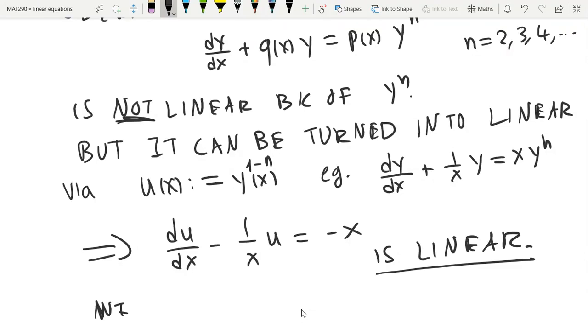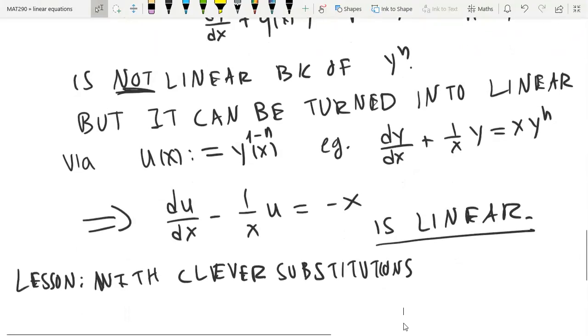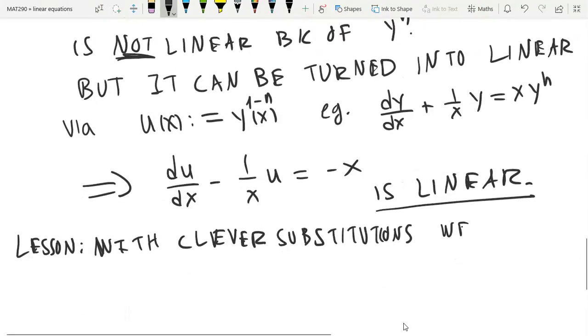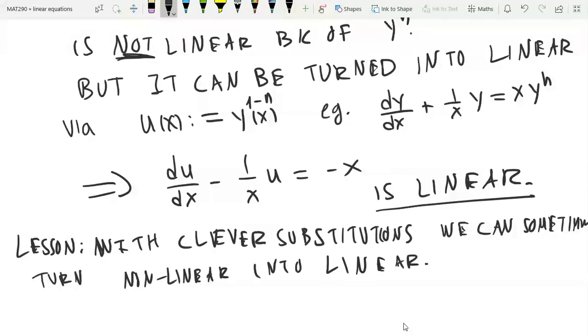So the lesson here is that with clever substitutions, we can sometimes turn nonlinear into linear. Okay. So in the next